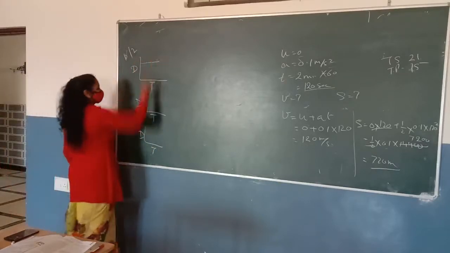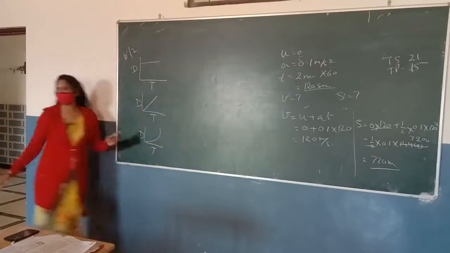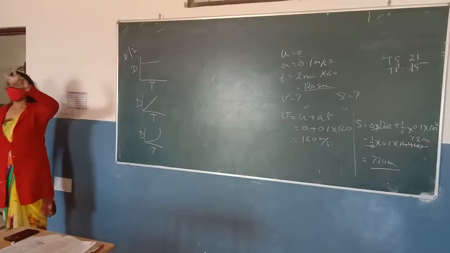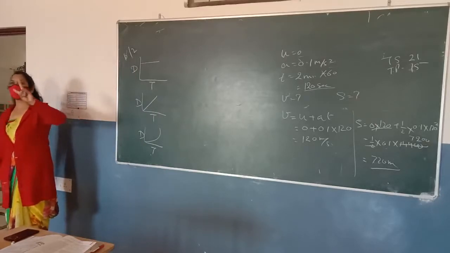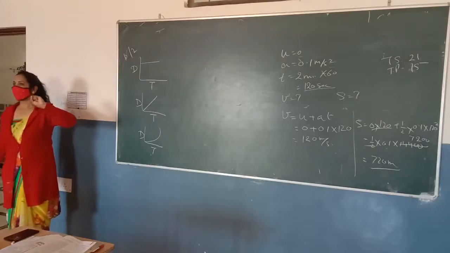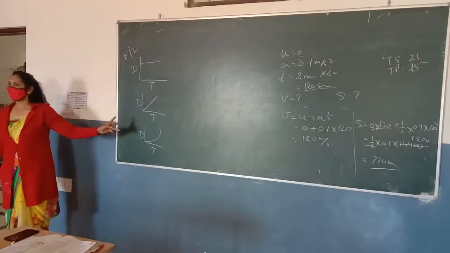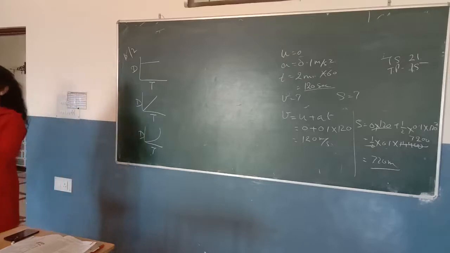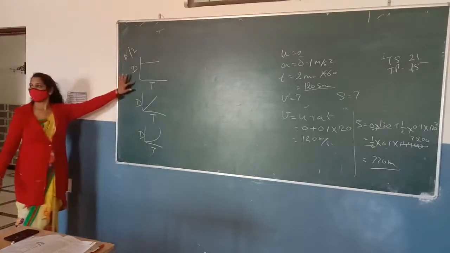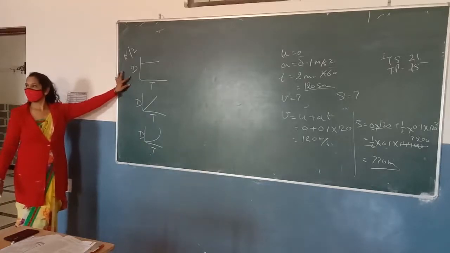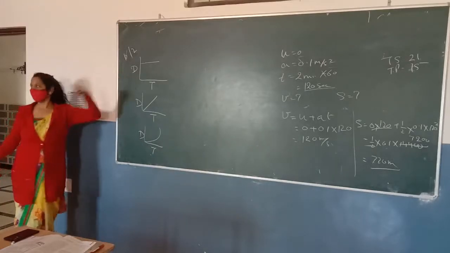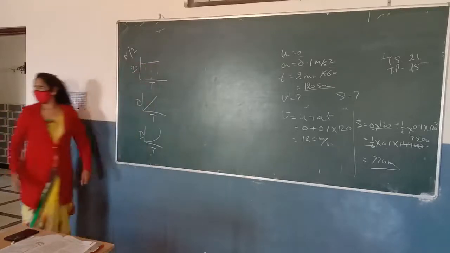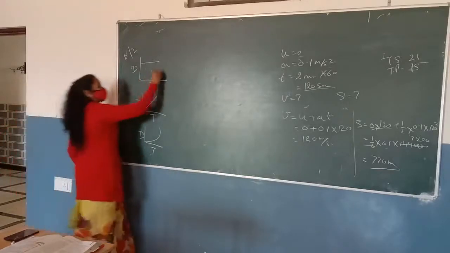Okay, good. So first tell me what type of motion is represented by this graph. Raise your hand. Only 2 hands are there. Why are not all the students going to answer the questions? Are you not clear about the graph? Okay, what type of motion is there? Body at rest. Since the distance does not change with time, the body is not in motion. We will say it is at rest.